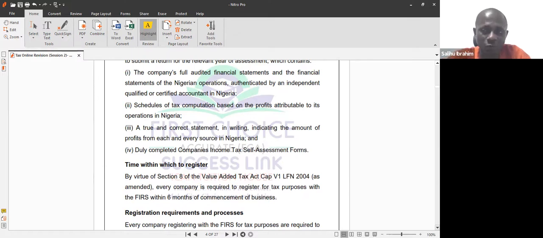Either as you commence, you are registering for tax purposes, or if you cannot register immediately, then within 6 months of commencement of operation, a company is expected to register for the purpose of tax. Now, by